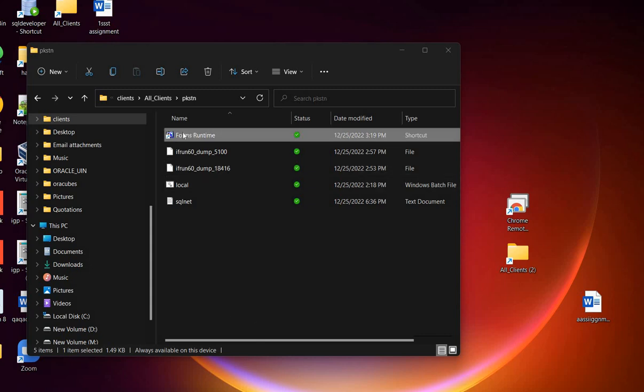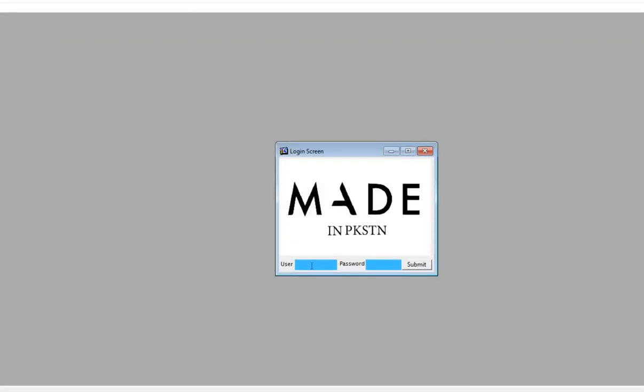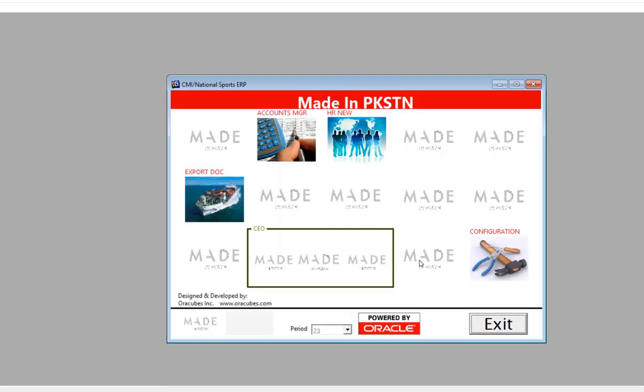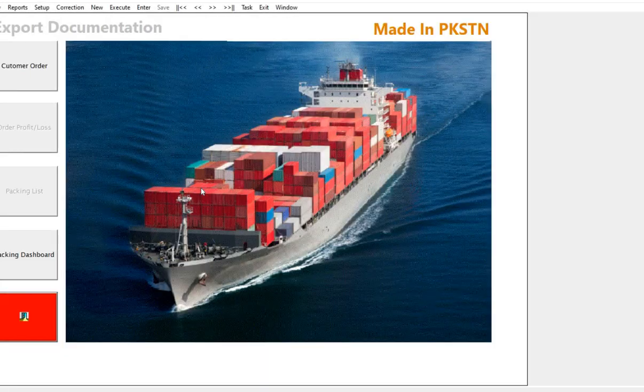Okay, let's start. Click on this icon, give your username and password. And this is your export documentation module. You click on this button. Now your export documentation module is open and you can feed